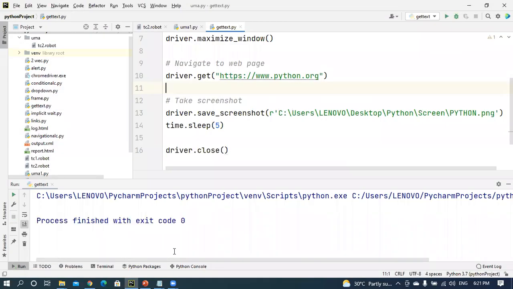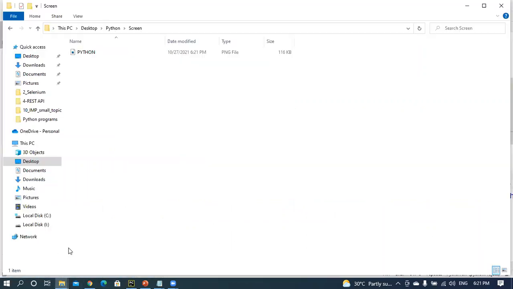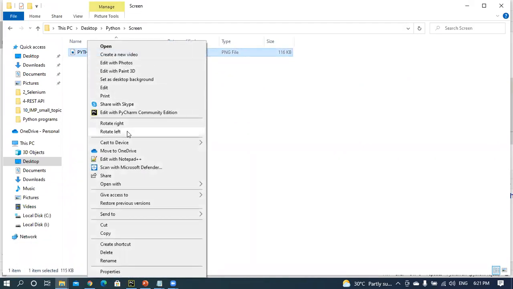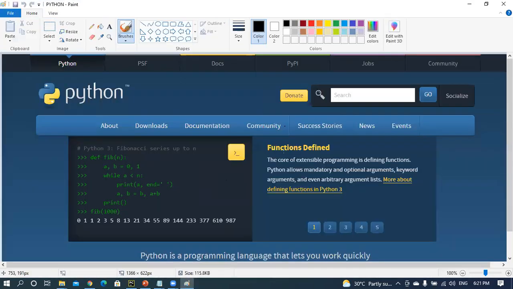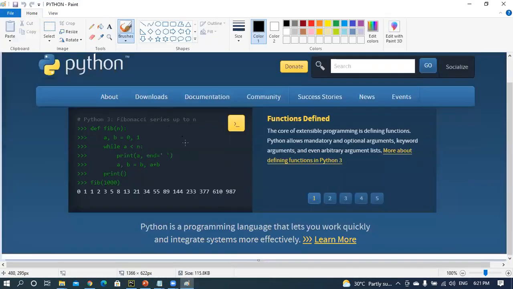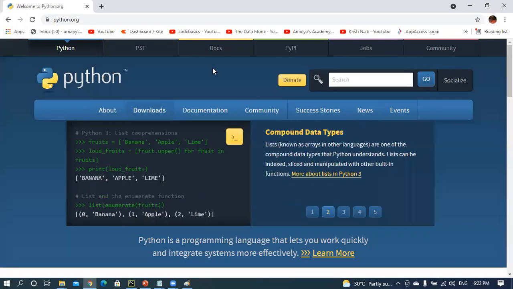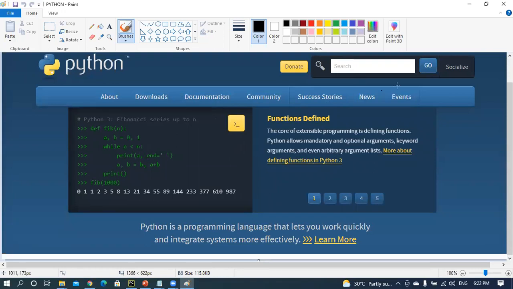If you verify whether the screenshot exists or not, yes. Previously there was no screenshot available. If you open this one with anything, for example, Paint, this is the screenshot. That means you got a screenshot of whatever the operation was. This particular screenshot is available in this file. That means it is an image file.